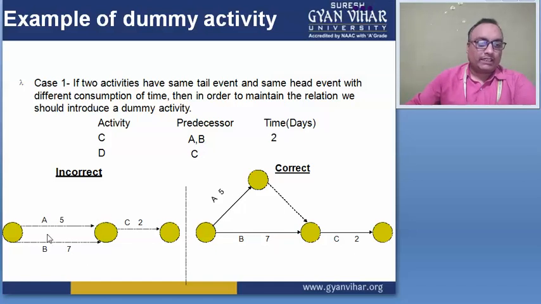So this is the incorrect method to describe the network diagram. The network diagram is described by this type. Suppose A goes here, and here to here. Suppose this is one event, this is two, this is three. So this is event one, two, and three also, right? So here from 2 to 2 is a dummy activity. This is the correct way to give the dummy activity in the network diagram.